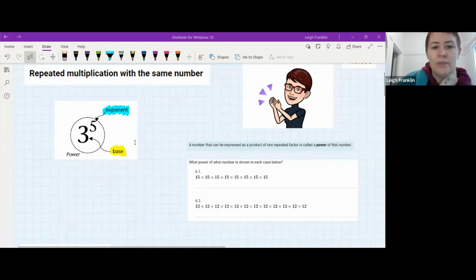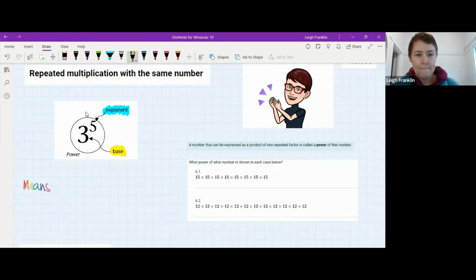Okay, Tabani, your hand was up first. What does it mean? Can you unmute yourself, Tabani? Okay, Tabani, I can't hear you. Okay, Motabang, what does it mean? What does 3 to the power of 5 mean to you? He said it in the chat. Sorry. Oh, okay. It means it's timesing